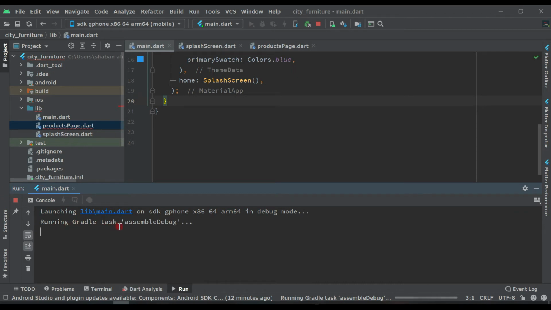So it's running the Gradle task assemble debug. You have to wait a little bit because it's the first time. The second time it will not take this much time because we will hot reload. Flutter has a very good option, hot reload, so that only the changes can be applied to the application. We don't need to run again and again, like in Java or something.